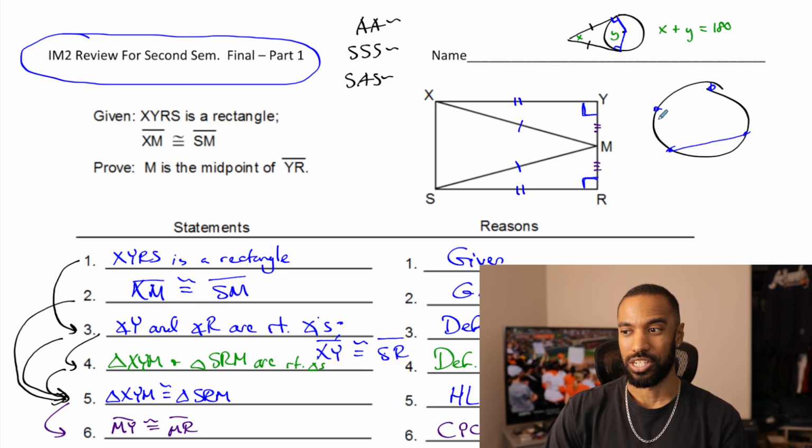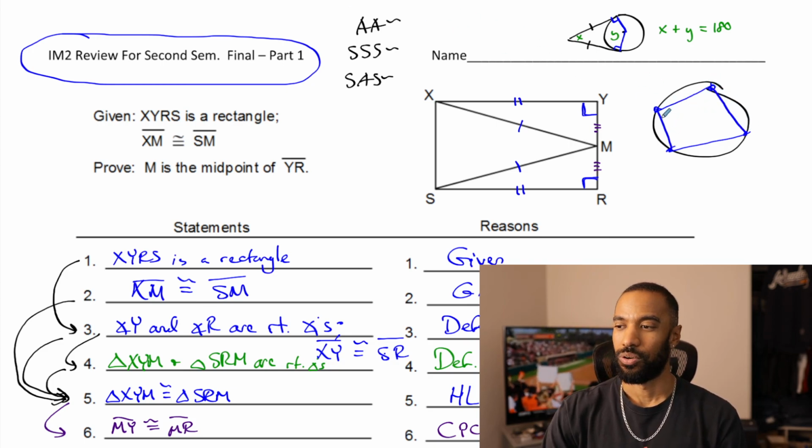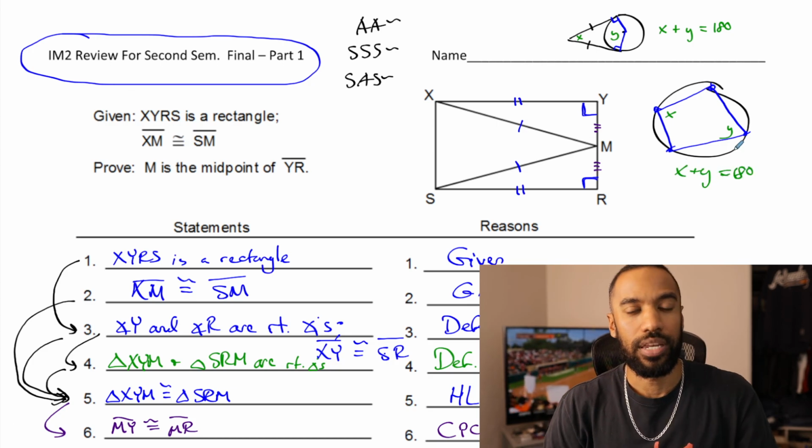You know what we didn't talk about? I might have to do this with my students. Hold on. X, Y. So x plus y equals 180. You know what else wasn't covered? We didn't talk about